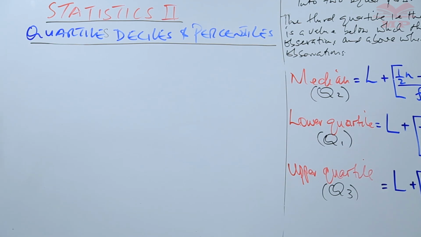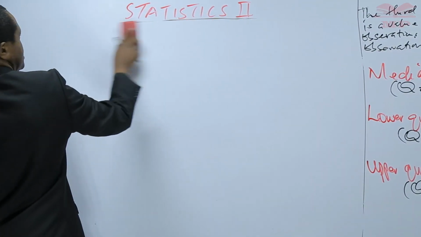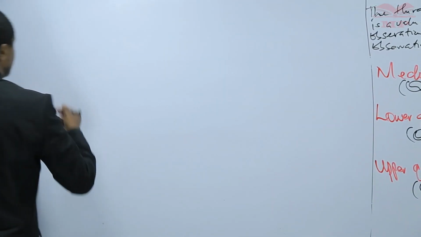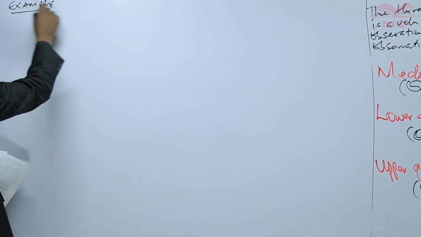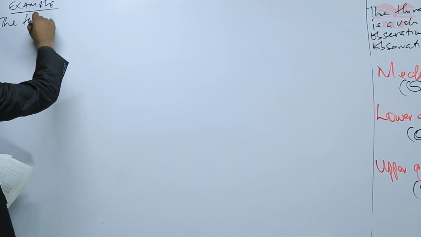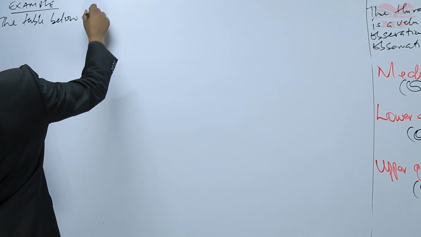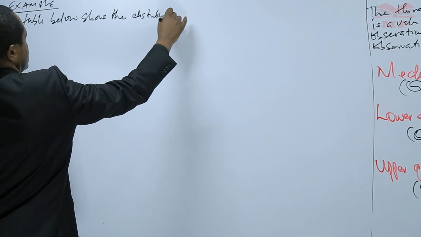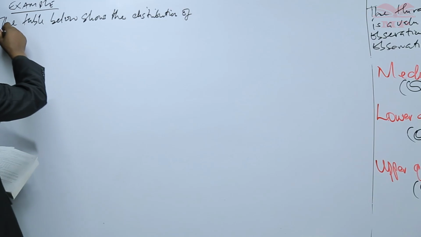The table below shows the distribution of heights,